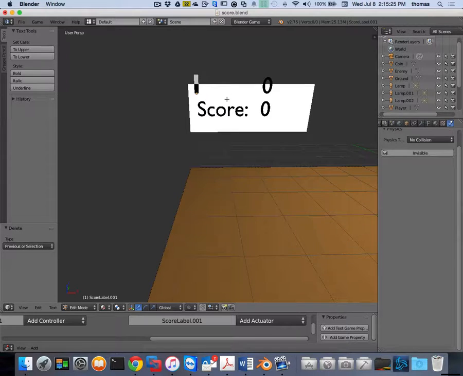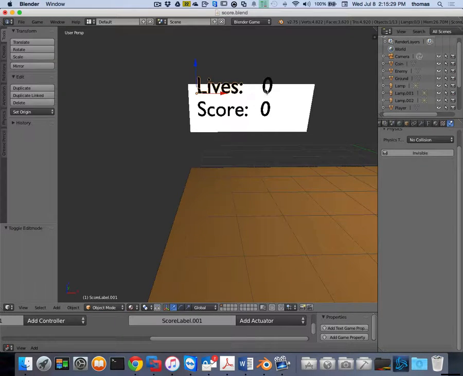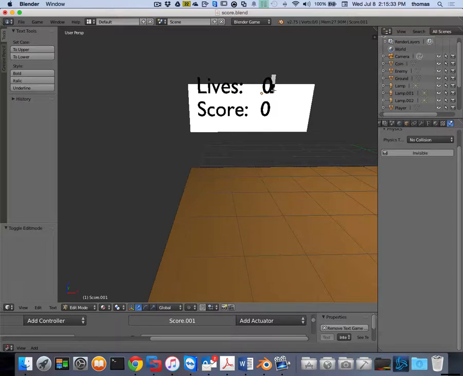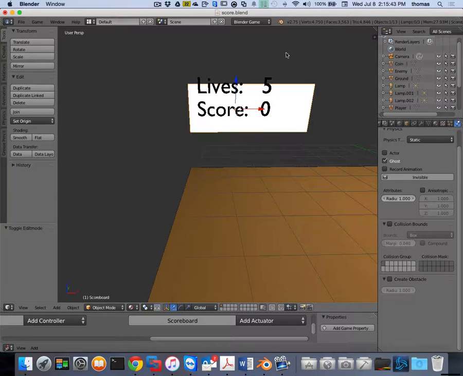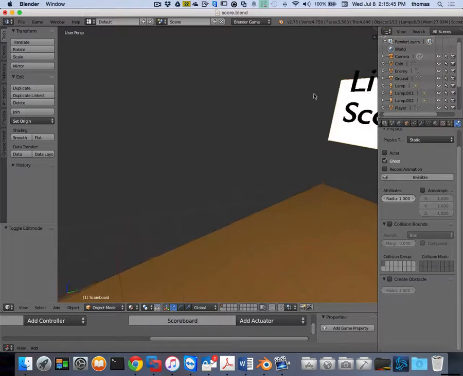And modify this so it says lives, right? And the same thing goes with here. I'm going to tab in, and instead of starting at 0, I'm going to start it off at 5, right? It's key, 5 lives, right? And tab out. Here, I want to increase my scoreboard so it gives me a bit of a bigger box,